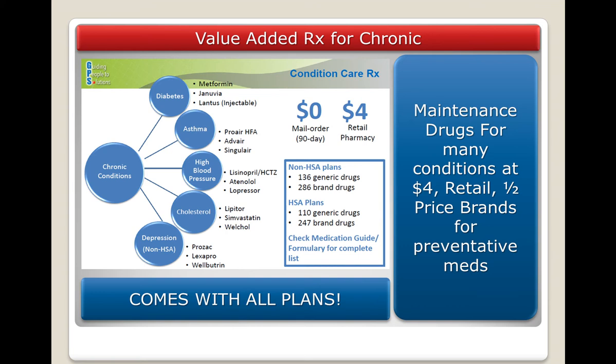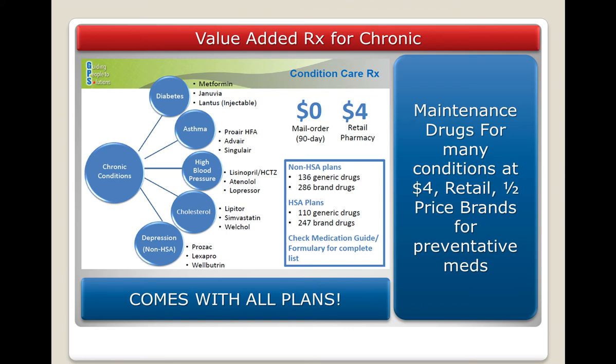Now, the value-added RX for chronic conditions is going to be available on all of our plans. There's one HSA that it's not available on. And with that, what you need to understand is that we will be providing zero-cost mail-order generic medications for chronic conditions. And if they need to fill those medications at a retail pharmacy, they would be $4. As well, we will provide half-price brand name drugs when they are related to preventative medication,